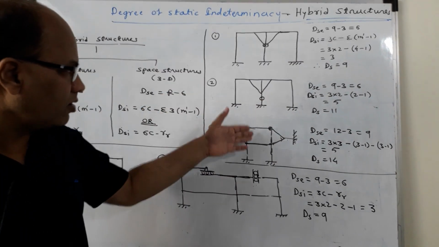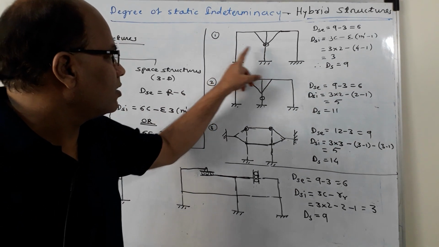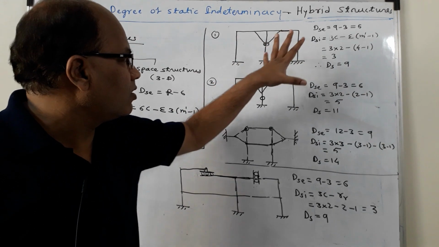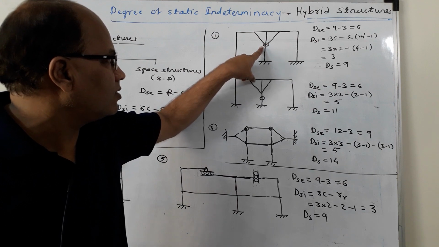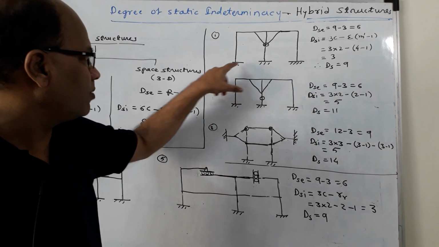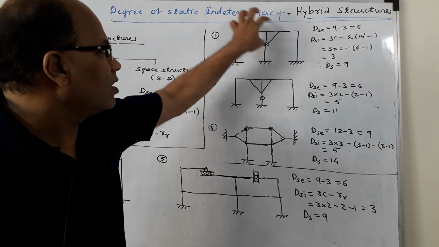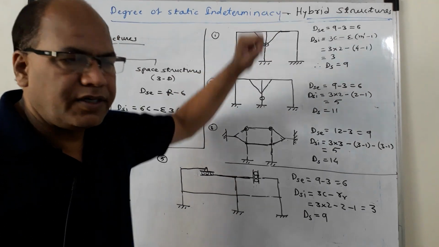I have drawn a number of frames over here. Let us deal with this first frame. There are these 3 vertical members, then there are 2 inclined members, 2 horizontal members, and here the hinge is provided at the junction. So at this joint it is a hinge joint. So these are rigid fixed supports and a hinge joint over here. So some are rigid joints and one is the hinge joint, so it forms a hybrid structure.